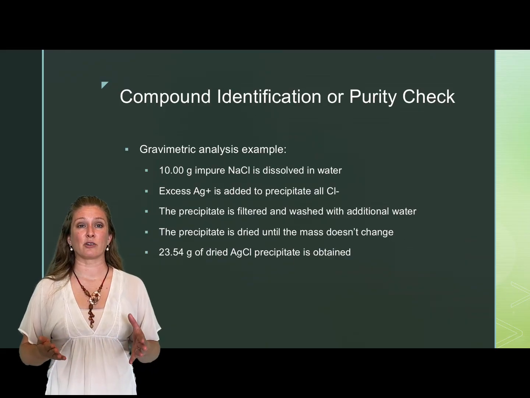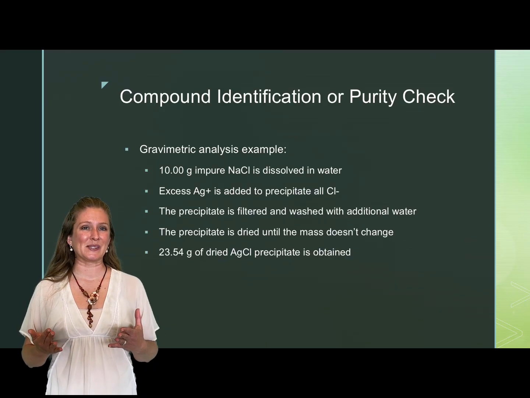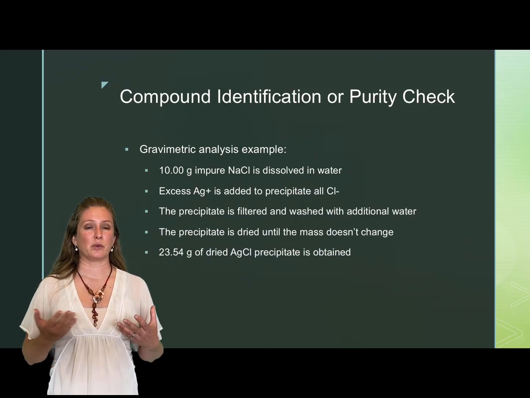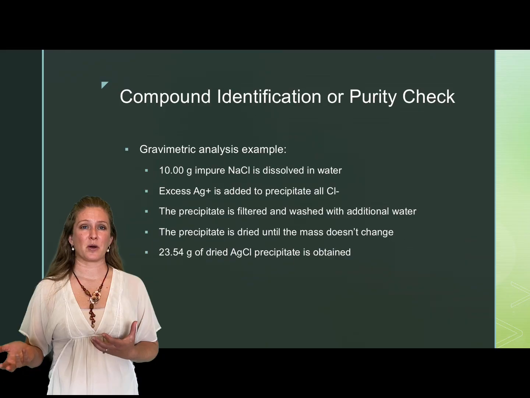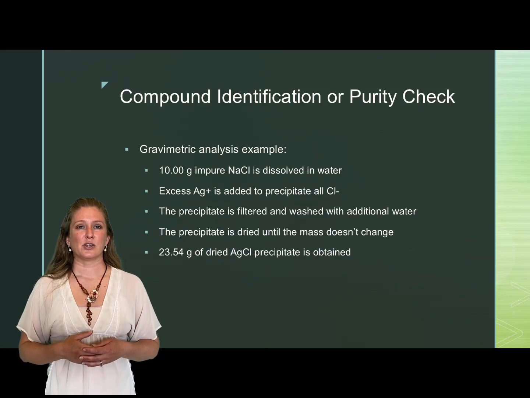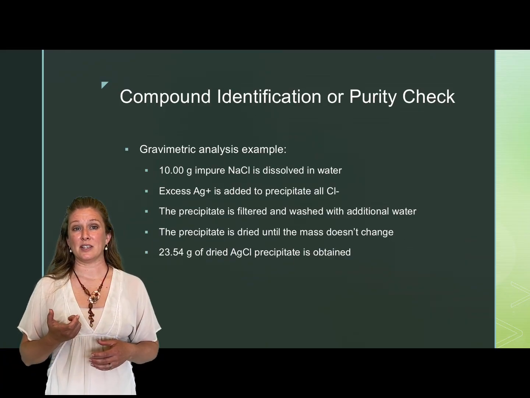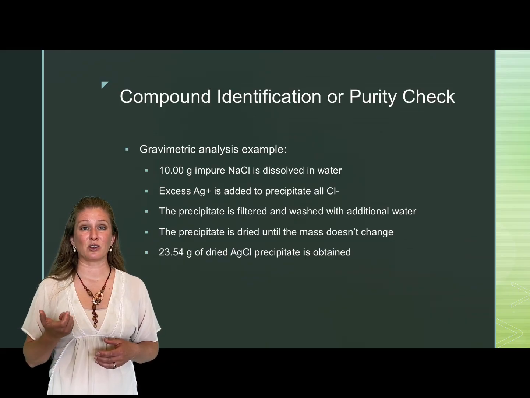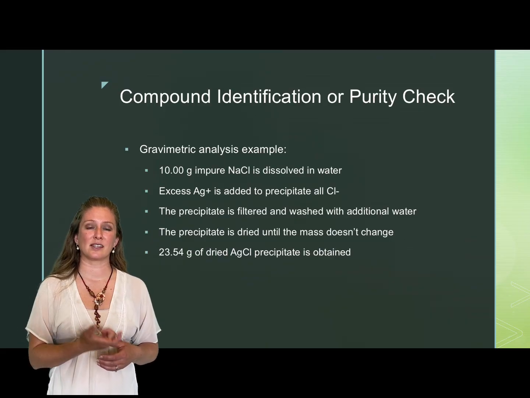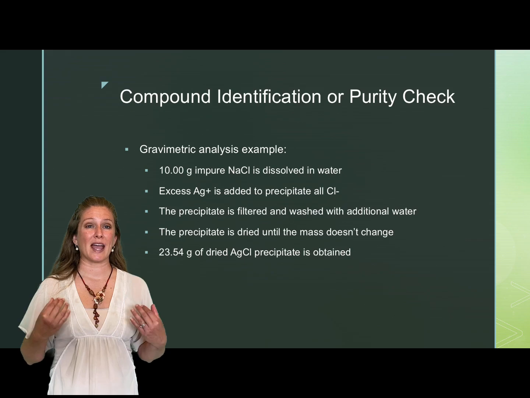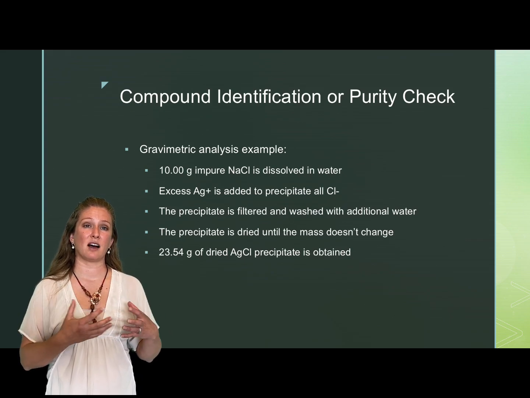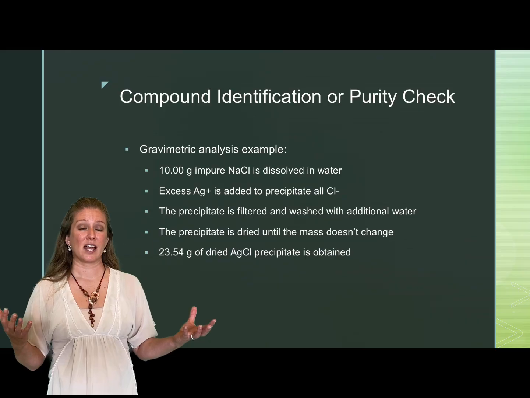We've got exactly 10.00 grams of sodium chloride, which we know is impure, but we don't know how impure it is. So we use something that we do know, which is a precipitation reaction: chloride will precipitate with silver. If we add this impure sodium chloride to a solution of excess silver,